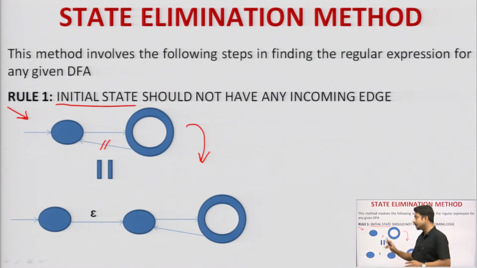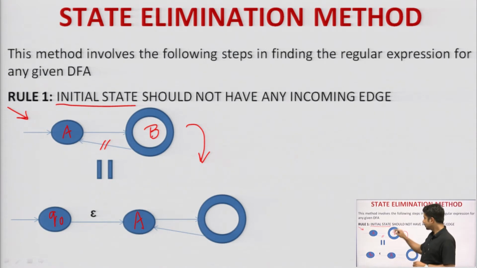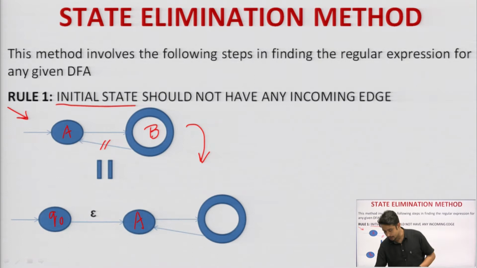We cannot eliminate this particular transition, but what we can do is this: suppose this is state A and this is state B. Now, state A is made a normal state, and beside it I will take Q naught as the initial state, and between them I will take the epsilon transition. The rest of the entire diagram will remain as it is. Clear? So, this is how you can solve rule number 1. Let us go into the next slide.